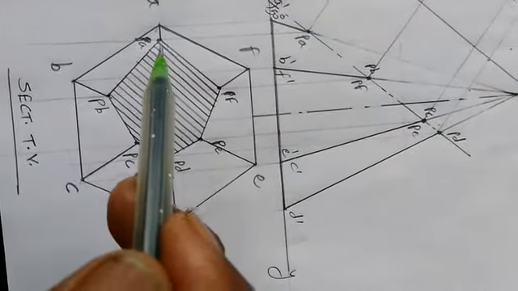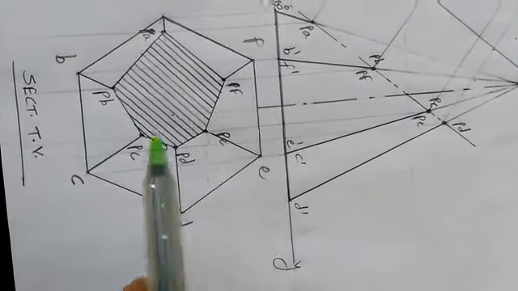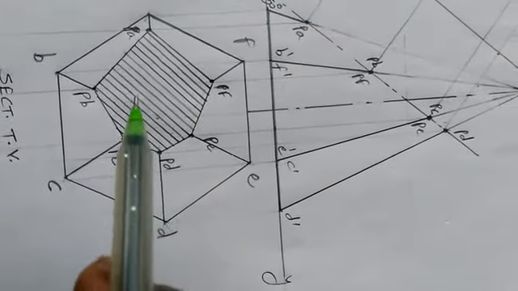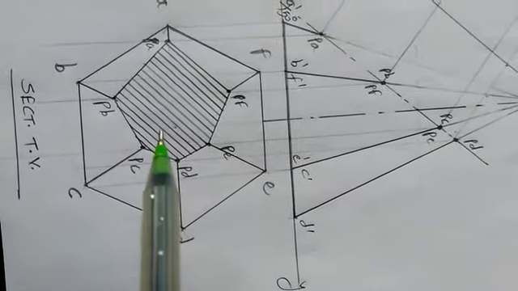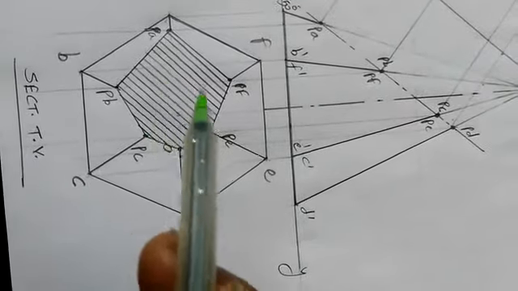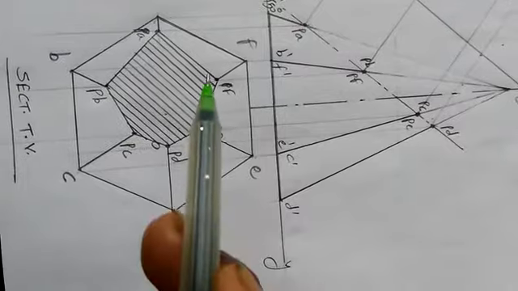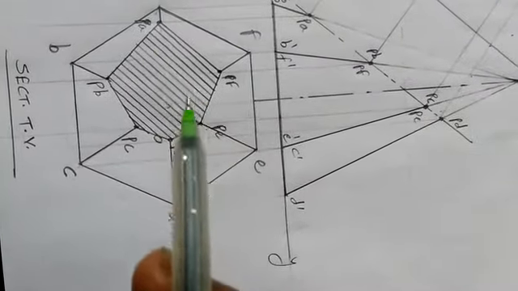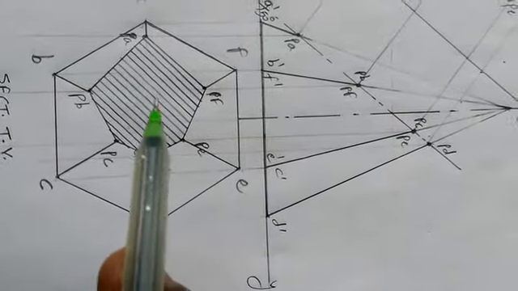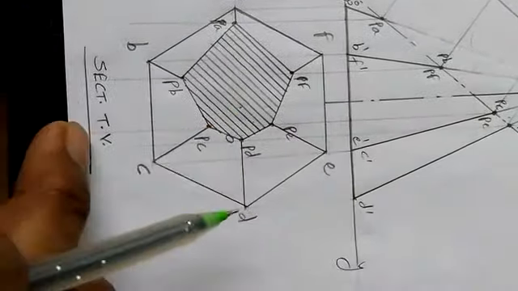Okay, so right from PA to PF, all the points you have to connect by thick line, and after that this surface we have to show by hatches. The surface which is to be hatched should be clean. So by eraser just make the surface totally clean; there should not be any kind of construction line within that. Now this periphery you have to make dark, and hatches you have to construct as 45-degree angled lines, 2 mm apart, on this surface. So this is nothing but the sectional top view.